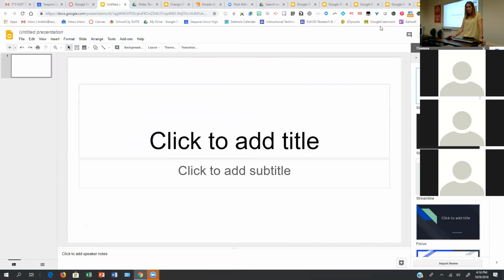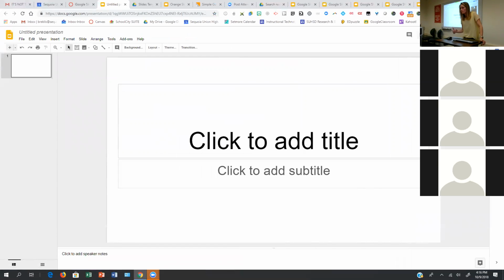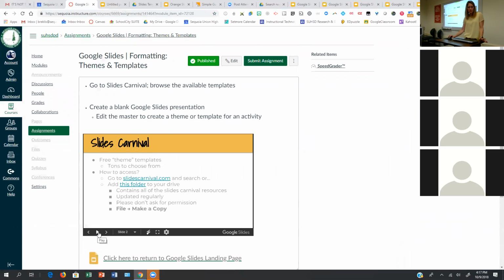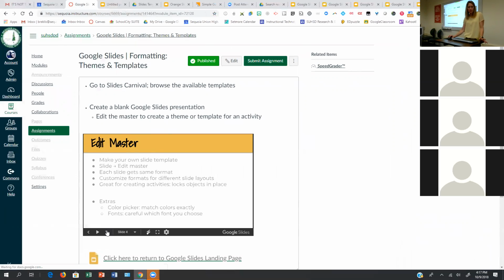Let it load up. I'm going to get rid of the themes. Right? You can still use those themes, but there's so many in Google Slides. Or I actually typically just make my own using the master. So I don't bother with the themes. And so that's what we're going to learn right now. So we're going to get into what the activity actually says. I thought there was another one in between, but here we go with Edit Master, and then we'll show the activity. I need to rearrange the order there.